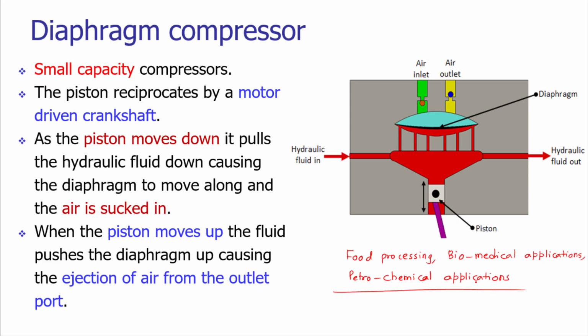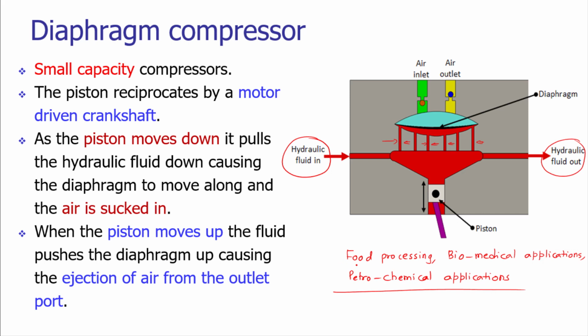However, the construction of the diaphragm compressor is quite complex, and its cost is also quite high, because we need to have the hydraulic power pack, we need to have the hydraulic system which is having its own piston cylinder arrangement, for pumping the pressurized hydraulic fluid inside the system, it will have its own prime mover electric motor, it will have its own passages. The construction features are also quite complex. We need to manufacture the channels. These are the channels that are to be manufactured.